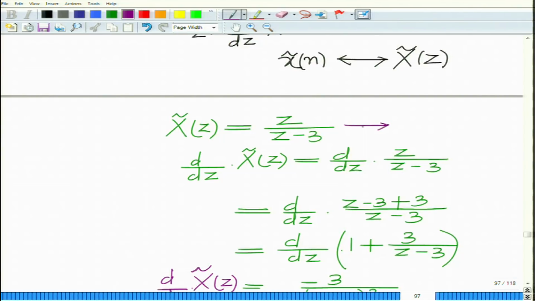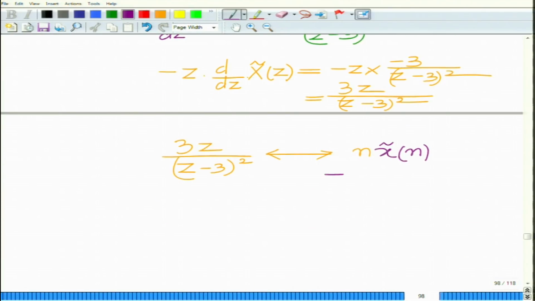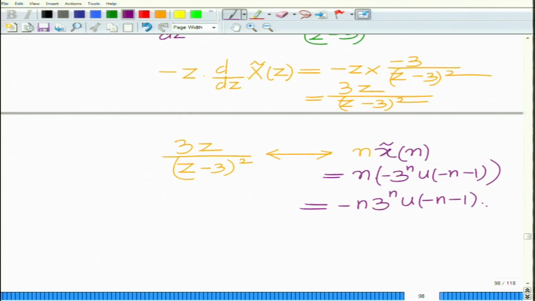Remember, this corresponds to x tilde n corresponding to z over z minus 3. This is equal to, remember, minus 3 raised to n u of minus n minus 1. So, this will be n times minus 3 raised to n u of minus n minus 1, which equals minus n 3 raised to n u of minus n minus 1. Okay. That is 3z over z minus 3 square, which implies that basically z over z minus